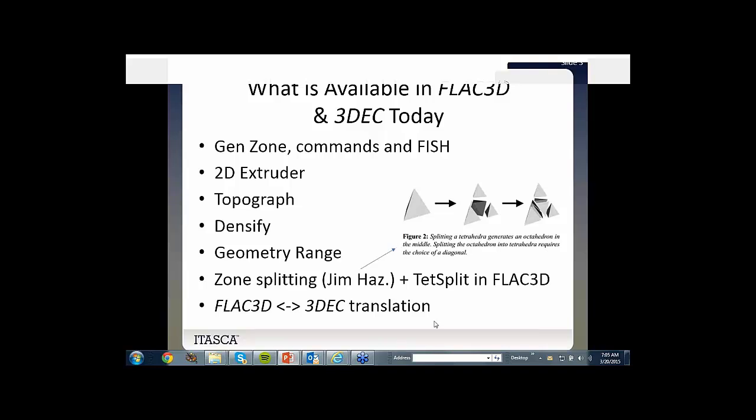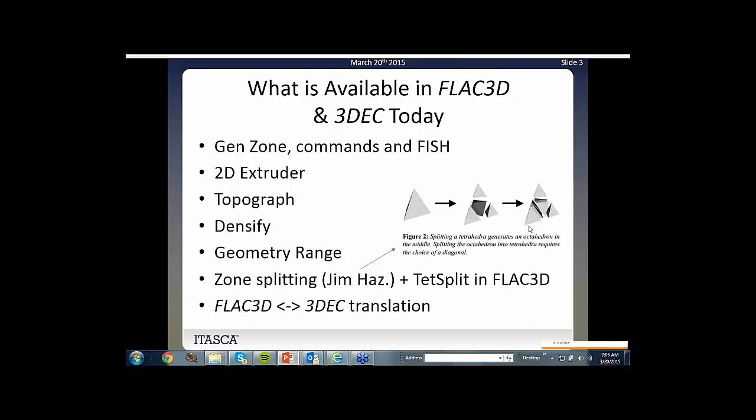And then finally, another tool that is available, many have different versions of it: FISH functions that allow you to move back and forth between FLAC3D and 3DEC. In particular, going from a FLAC3D model to a 3DEC model, so a model of zones in FLAC3D that becomes a model of blocks in 3DEC. These are important because